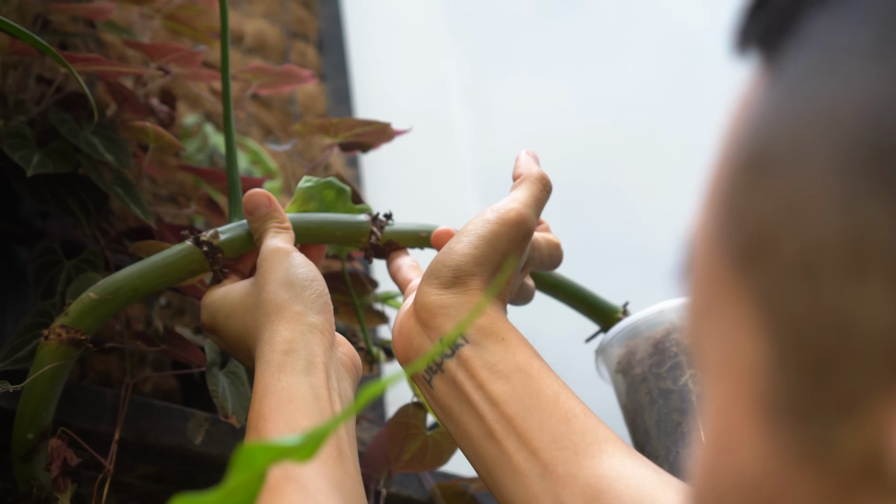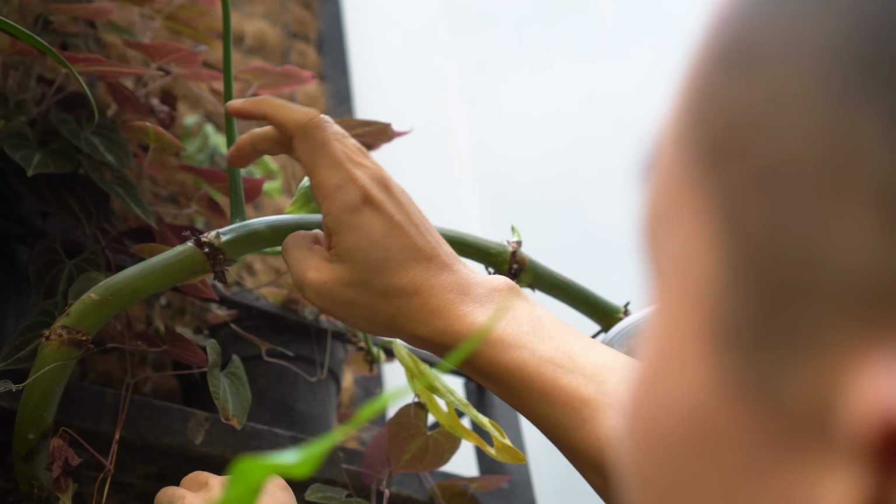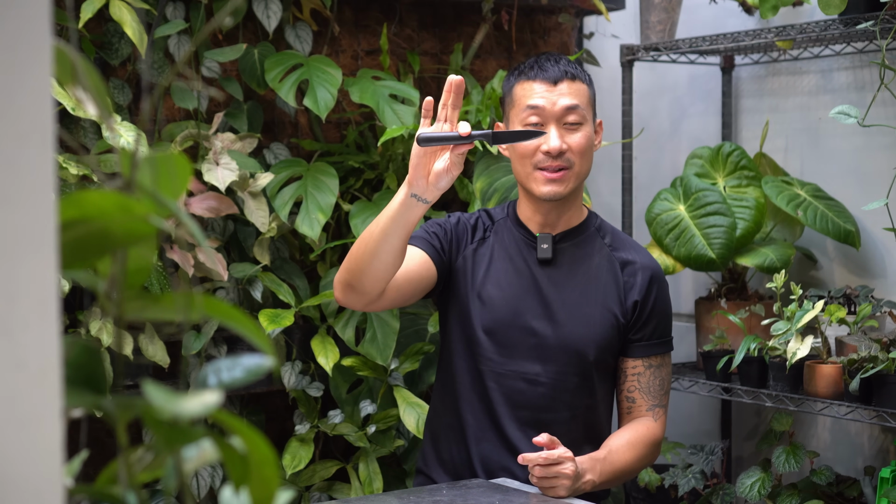Liberally around the growing eye. Some of them are not activated yet, some of them are. And next thing we want to do is take out our knife and perform what we call notching. This is a cut above a growing eye, above a node, to, how do I do this without getting too